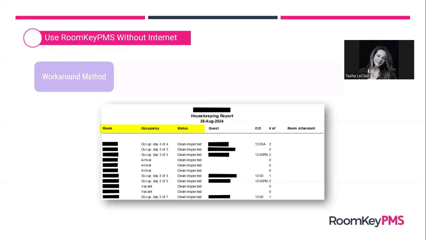You can use this housekeeping report to cross-reference with those other reports like your in-house guest report, your arrivals and departures report as well. Now on this housekeeping report, if the room is occupied, it will let you know the name of the guest, so that allows you to cross-reference with your in-house guest report. And it will let you know if there is a designated checkout time and the number of guests in that